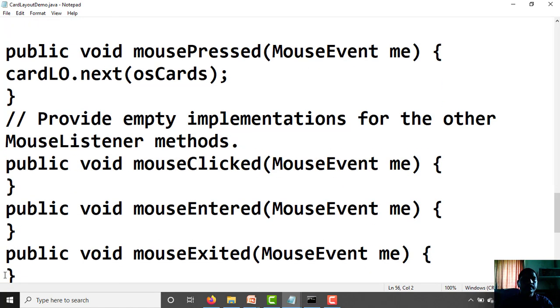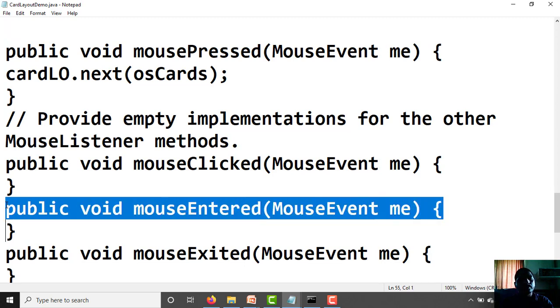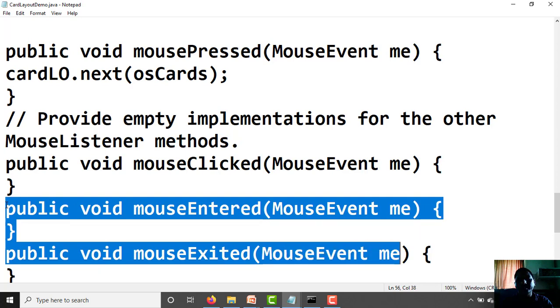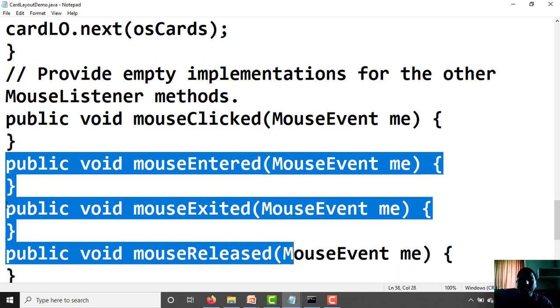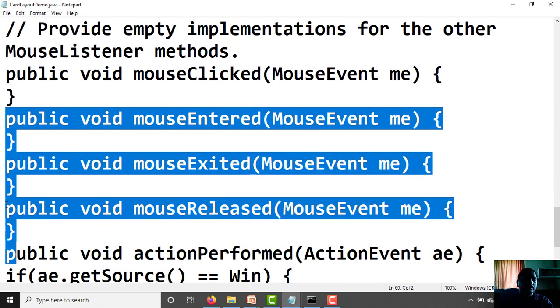Next, in the same way, public void mouseEntered(MouseEvent me) open close. Next, public void mouseExited(MouseEvent me) open close. Next, public void mouseReleased(MouseEvent me) open close.